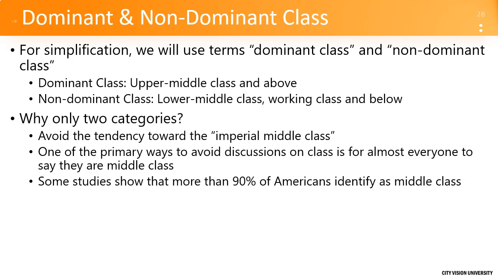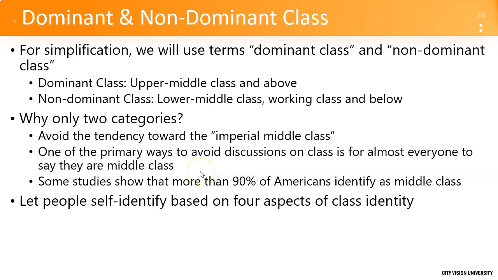So my view, for people who get that it's not a good thing to say that you're colorblind and you don't see race, I think that the term middle class is kind of like saying you're colorblind. It's saying I'm not going to talk about class. Everyone's middle class. So now let people self-identify based on 4 aspects of their class identity